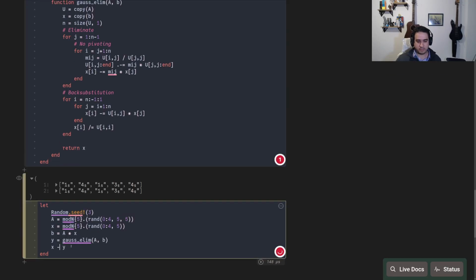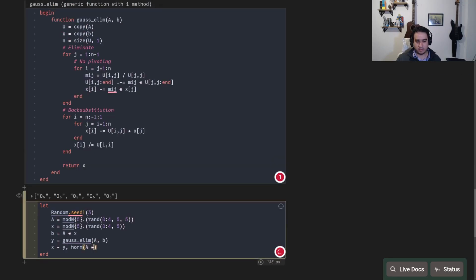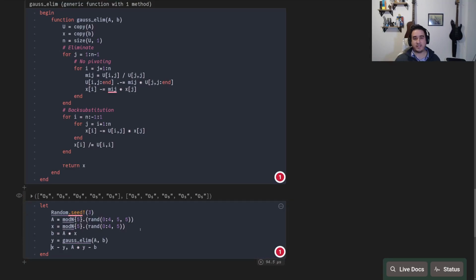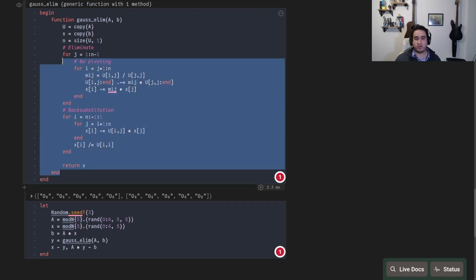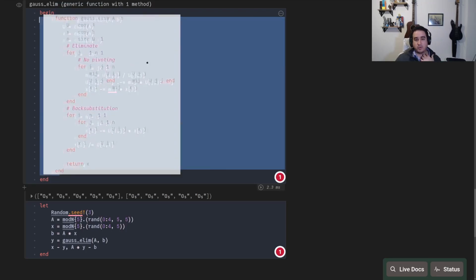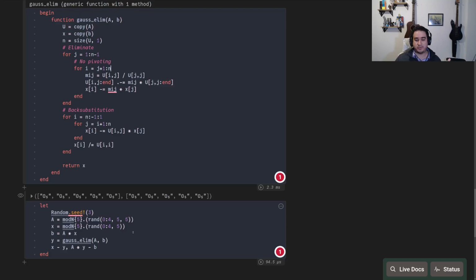Okay, remember you can compare this using norm. You can do norm. X, A times X minus B, A times Y minus B. So finally, we have a situation where we actually solved the problem using Gaussian elimination. We implemented Gaussian elimination in a completely general way, so it doesn't actually know about